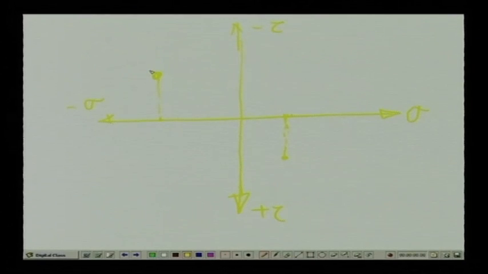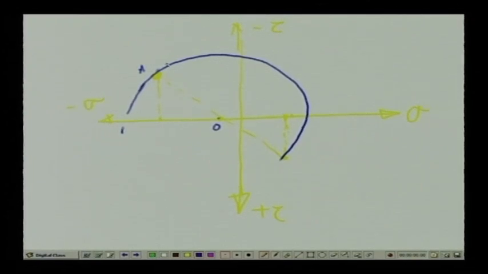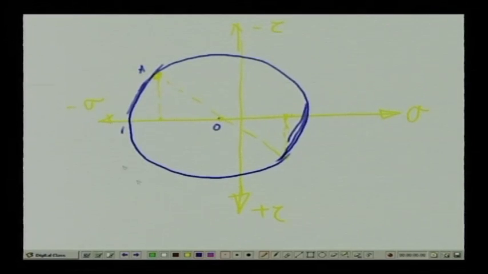Now, if we join these 2 points, as per our convention, where it crosses the sigma line, we get the center of the Mohr circle. So, with this as the center, O as the center and OA as the radius, we draw the circle. And this gives us the Mohr circle, of which the center is this particular point, and as you know, the distance of this center from